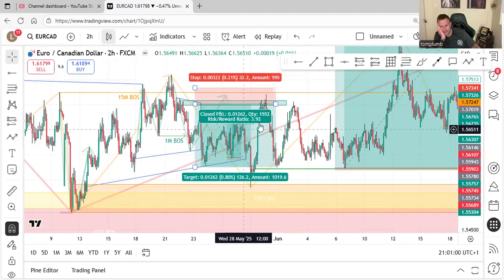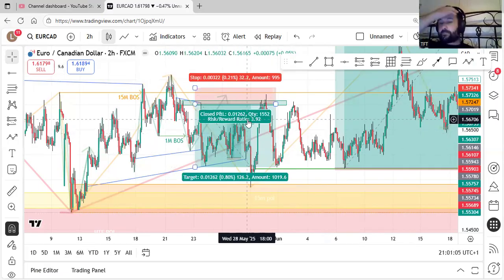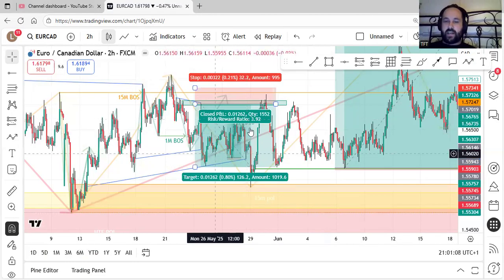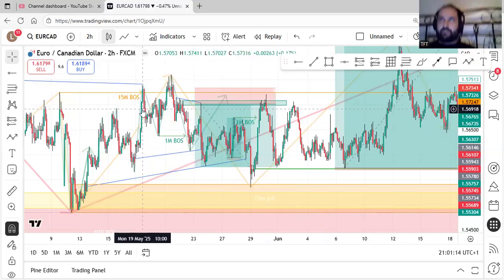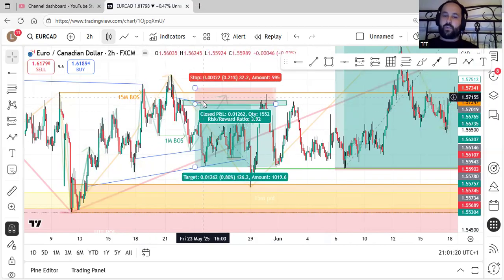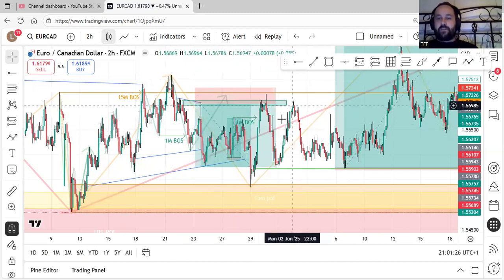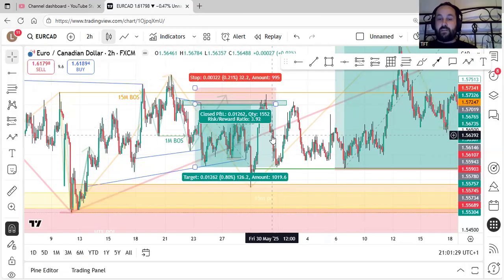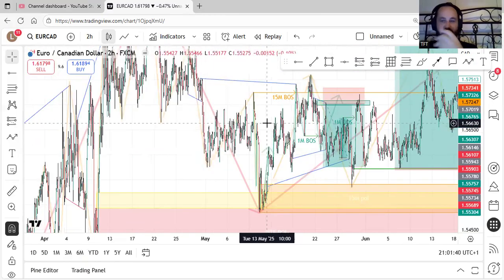Because basically, it's not always the case, but once you get a break in the direction of what I would consider to be external liquidity on whatever time frame, so 1 minute external liquidity is going to be internal on say the 15, and the 15 is going to be internal on the 4 hour, the external swing points on the relevant time frames, once they get broken, I'm of the belief that we very likely will get a pullback into whatever caused it. So we could use that for our benefit depending on where we get in. But like I say, it's a bit more dangerous.